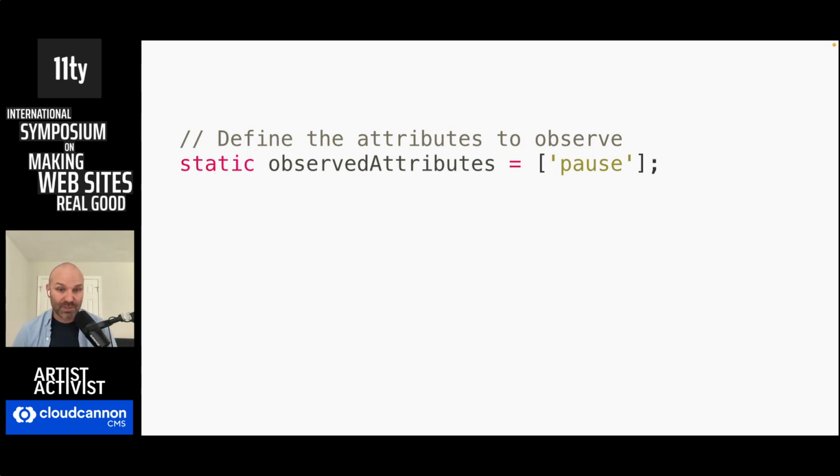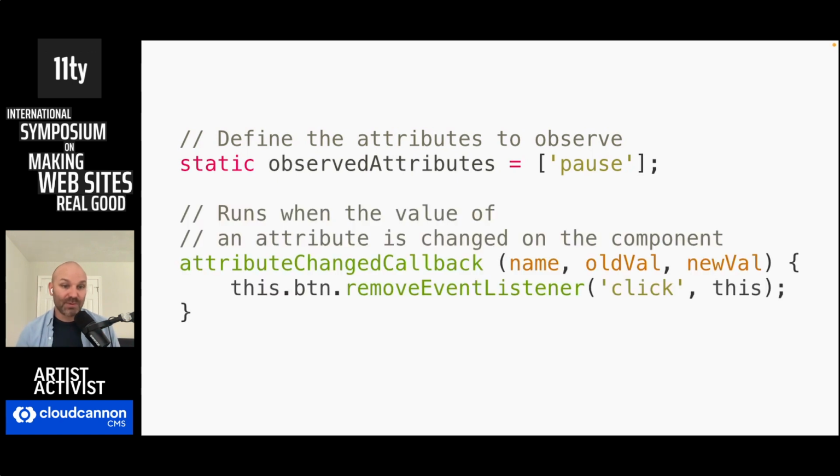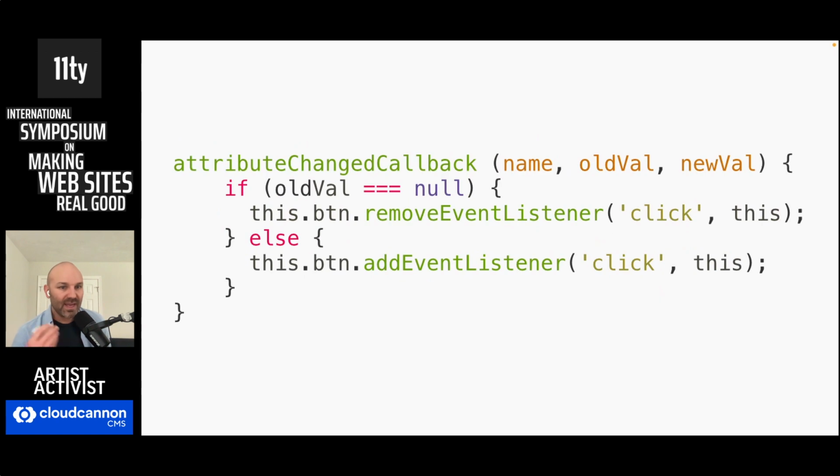Whenever one of those attributes is changed in some way, the attributeChangedCallback method runs. And this will be triggered whenever an observed attribute is added, removed, or changes in value. And it receives 3 arguments automatically: the name of the attribute, its old value, and its new value. If you want to detect whether the attribute has been added, removed, or changed, you can check the old and new value properties. When an attribute was just added, the old value will be null because there was nothing there before. When it's been removed, the new value will be null. In all other situations where the value is just changing, it will be a string. It could be an empty string, could have some sort of value with it, but it will be a string.